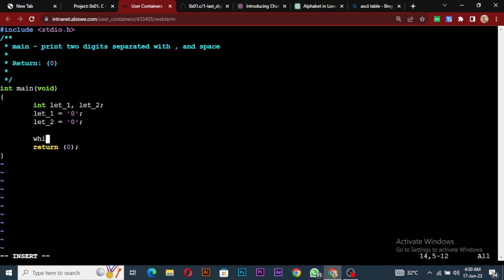So we say while open bracket, close bracket, good. To print the first letter, we say while letter 1 is less than or equal to 9,